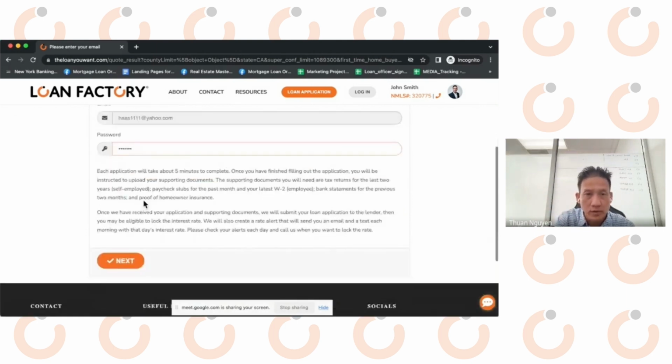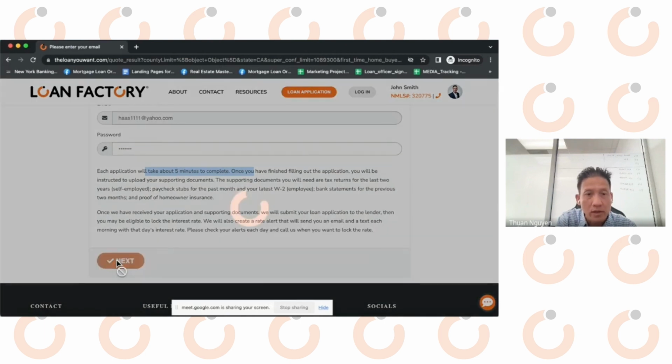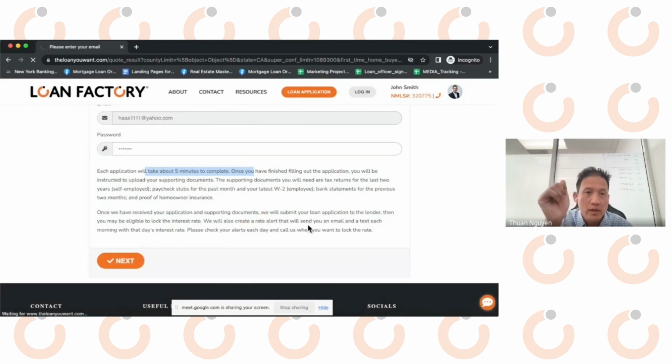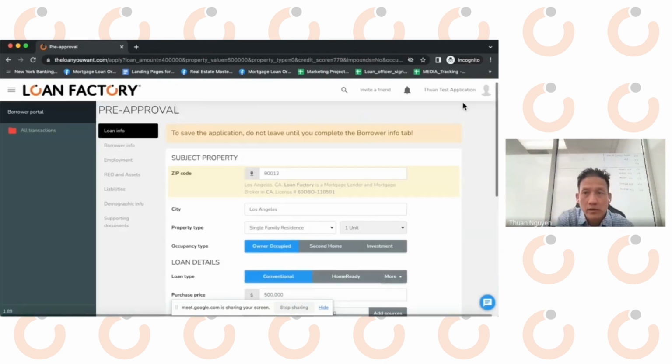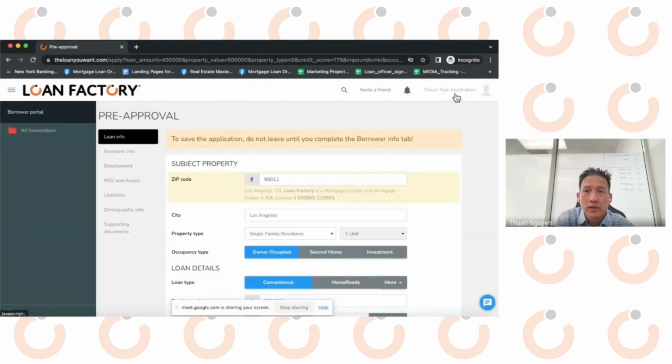So we have some instruction for them here. Takes about 5 minutes or less. So the borrower will click next. And as soon as they click next, many things happen. First, the account will be created. We will take the user to their account. You see it here. And the borrower will be presented with the application, and the application has 7